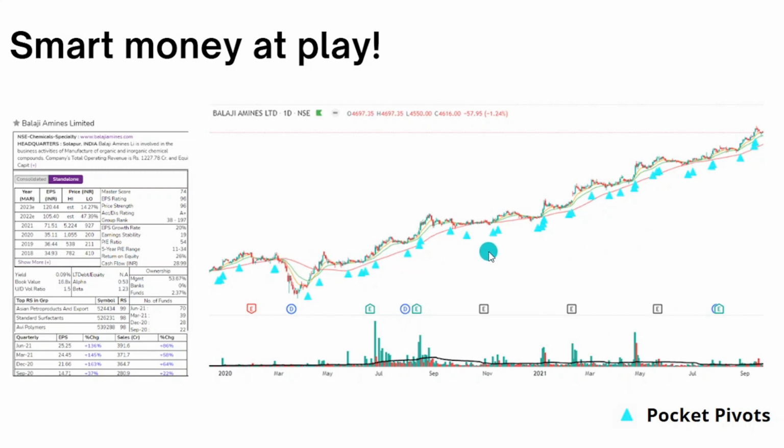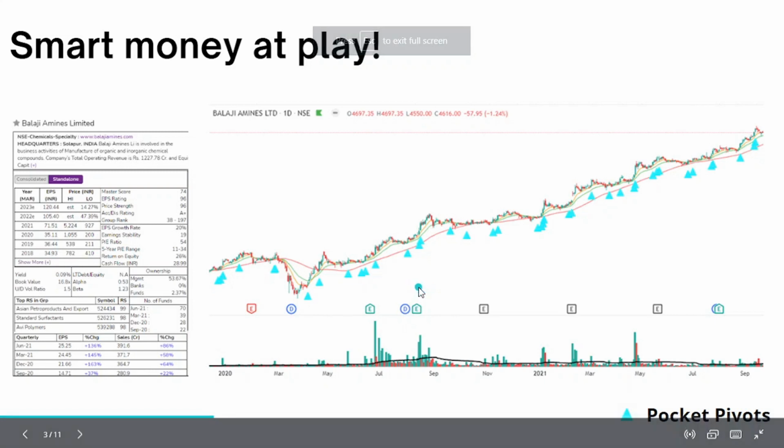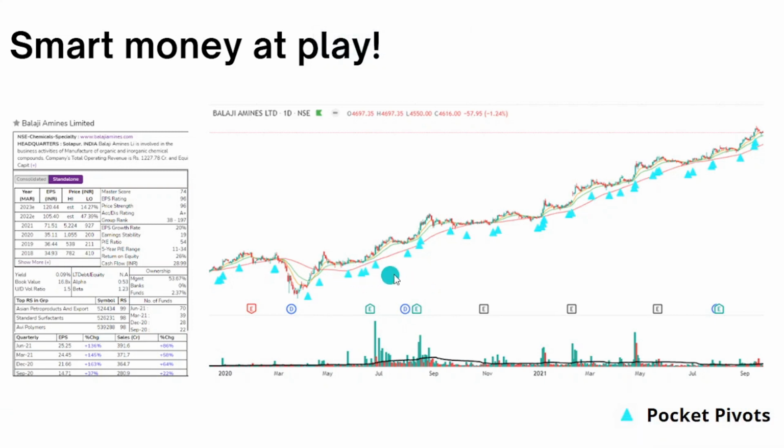And this stock is littered with a lot of pocket pivot days. You might also notice that these pocket pivot days are spread across an extended period of time. It is because it takes time for the institutions to actually accumulate these positions, right? And if you as a retail investor are looking to enter into a true market leader, which has this multi-bagger potential, then you'll find that you'll always have enough opportunities to enter the stock at the right times. So let us see how we can use pocket pivots to time and identify the specific entry points.